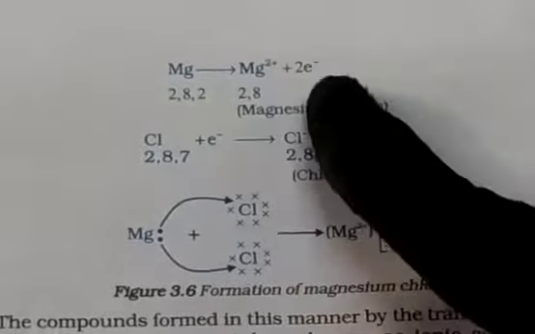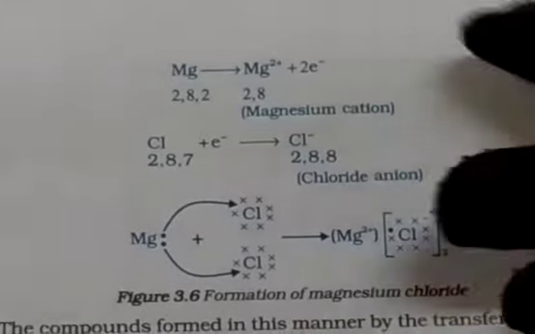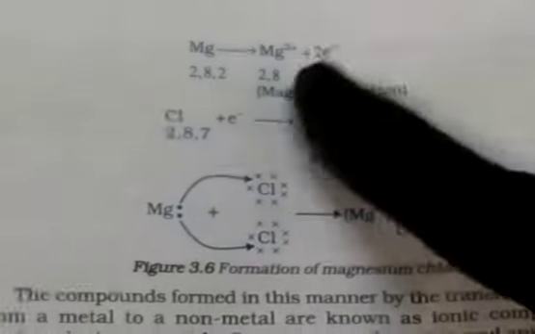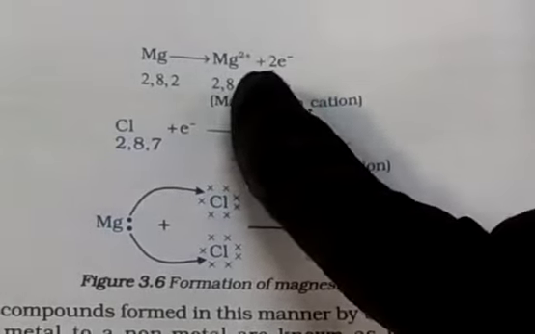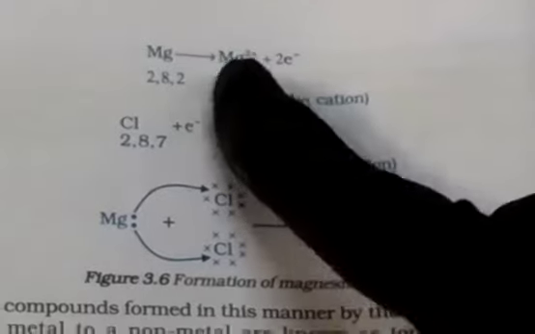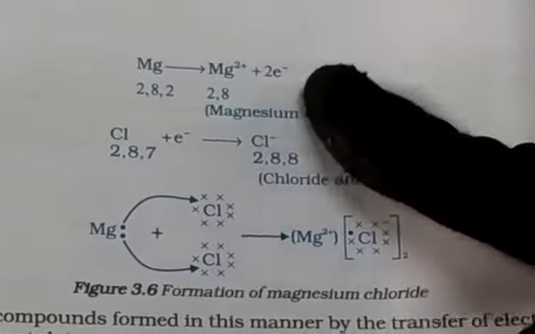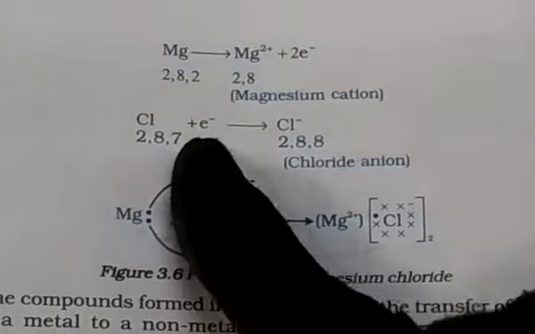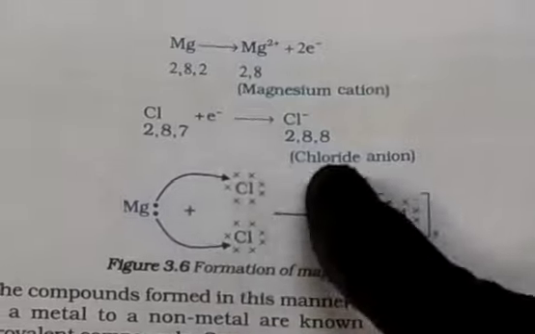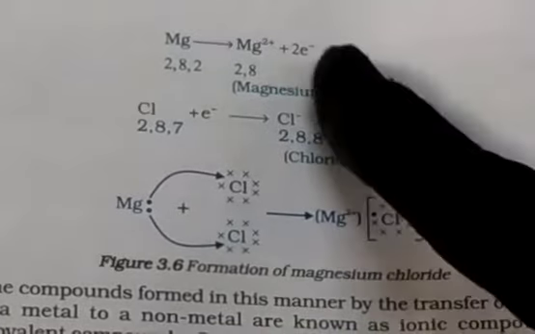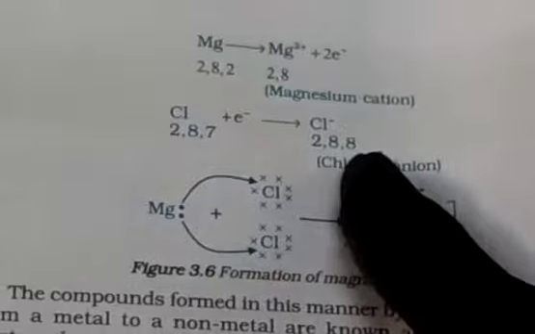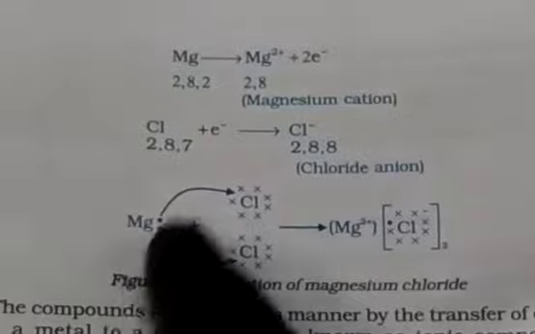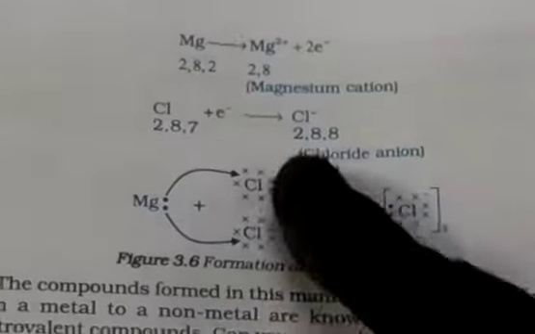Why this number comes, you should remember from the electronic configuration, giving the electrons and accepting the electrons; these numbers come in the equation. So this shows that from its valency, magnesium is giving 2 electrons to the others. Now here, this is chlorine. Chlorine, as I said, has 7. So it will take only 1, right? So 1 chlorine will take 1. But there are 2 electrons, so it attracts 2 chlorines. As you can see here, these 2 dots of magnesium are giving the 2 electrons, and each chlorine is taking 1.